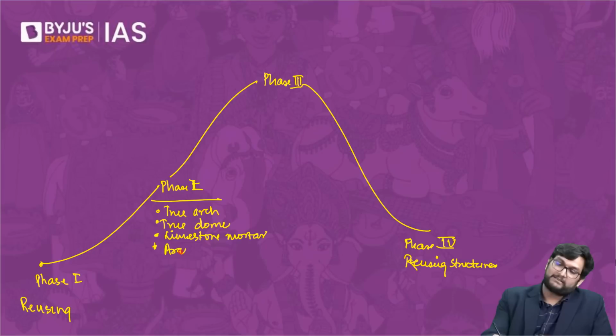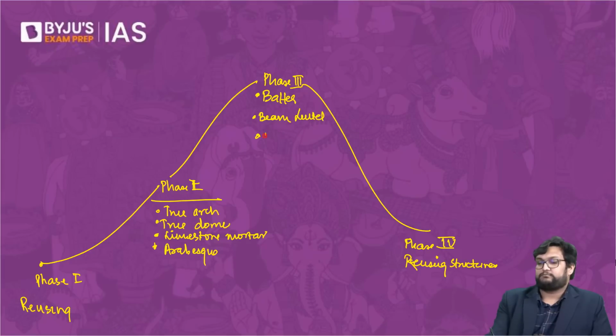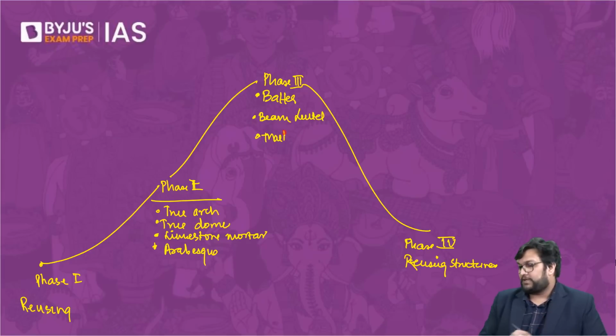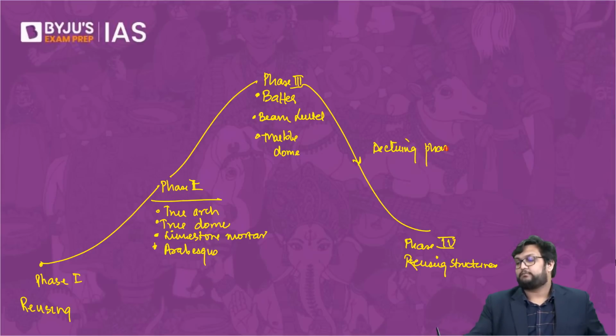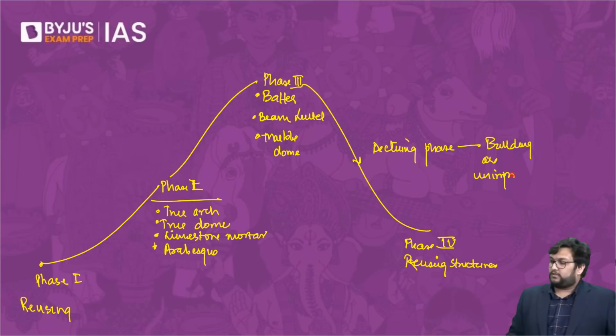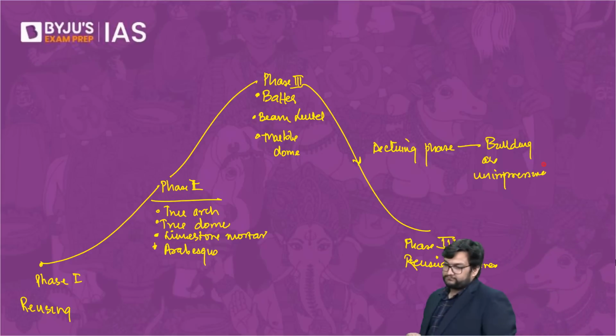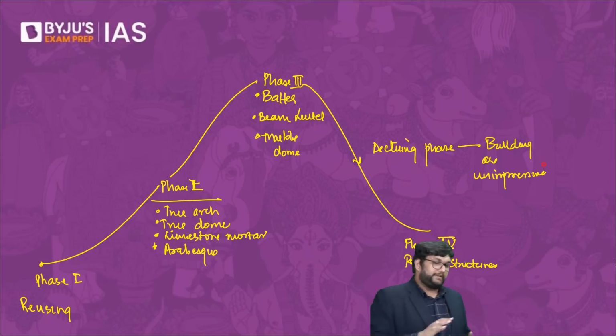Here you have bracket, you have beam and lintel, and you have marble dome. And through this phase, you have a declining phase. Buildings are unimpressive. So very simply,